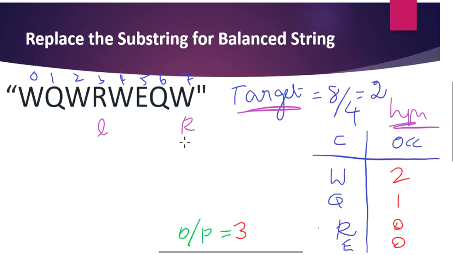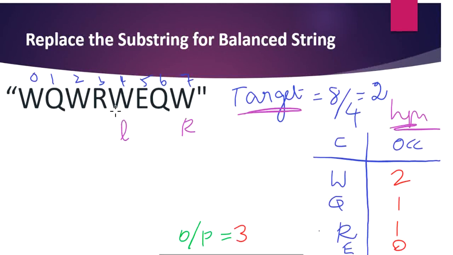We are going to check whether the substring from left to right makes the string balanced. Yes, by replacing the substring left to right, the string becomes balanced as we have updated the count now. So it's time to move our left pointer to check whether we can further reduce the length of the newly found substring. As we have moved our left pointer from R to W, our count of R updated to 1,